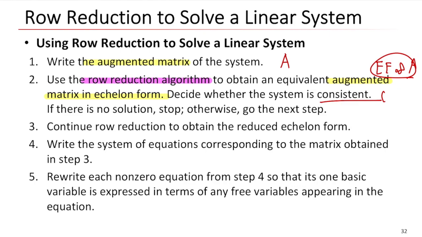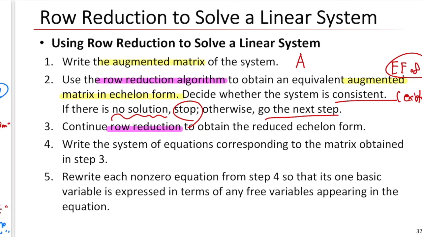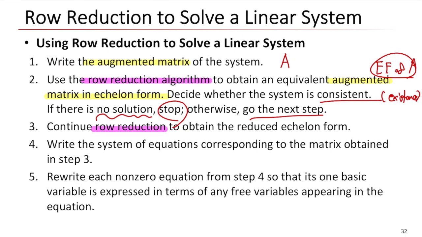So, existence. If there is no solution, just stop, because we cannot find any solution from this linear system. Otherwise, go to the next step, okay, to find the real solution, and continue row reduction to obtain the